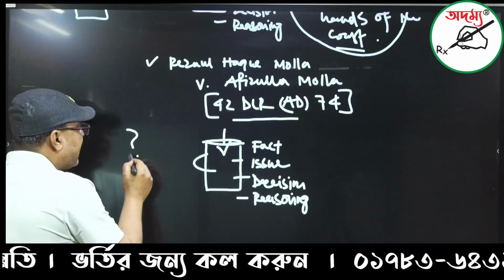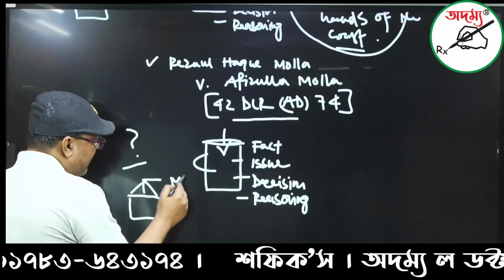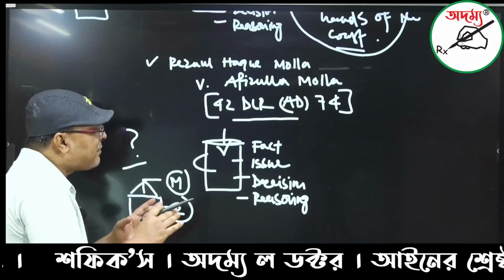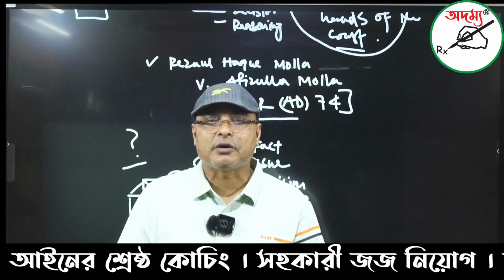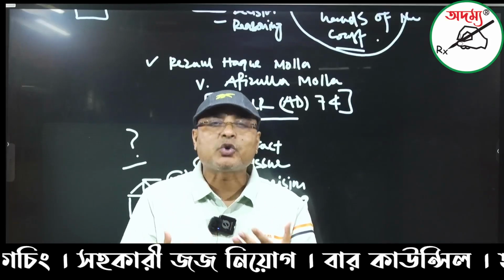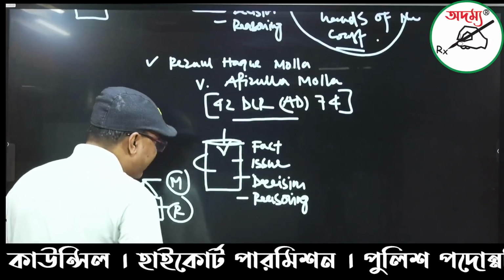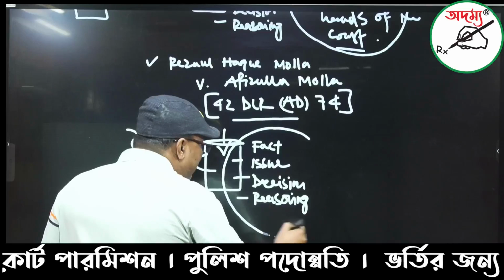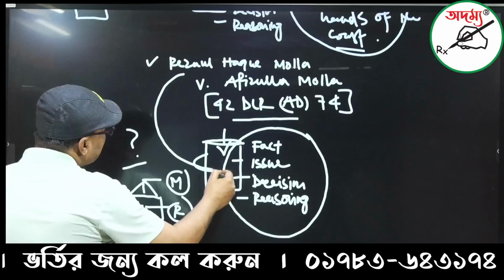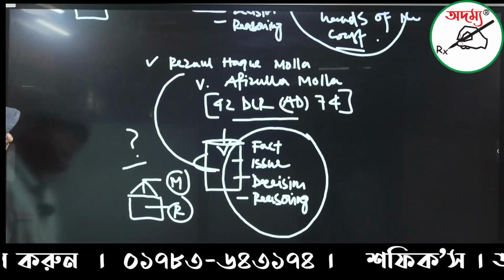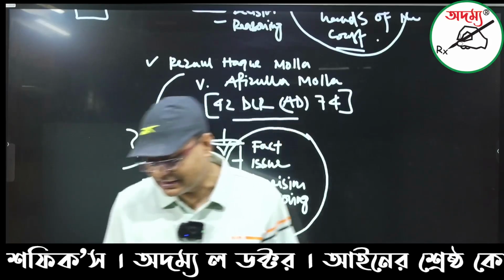And that's why you take this approach towards the courts, like what Mahbubuddin and Ruhul Quddus do. So that approach in our country should be prescribed. But those who are ignorant of law, the children of law, show arrogance towards the law doctor. But you are going to be a barrister in future life or a renowned advocate. You must follow an instruction like this: Rezaul Haq Mullah versus Afizullah Mullah, 42 DLR Appellate Division 74. This is the Messi.